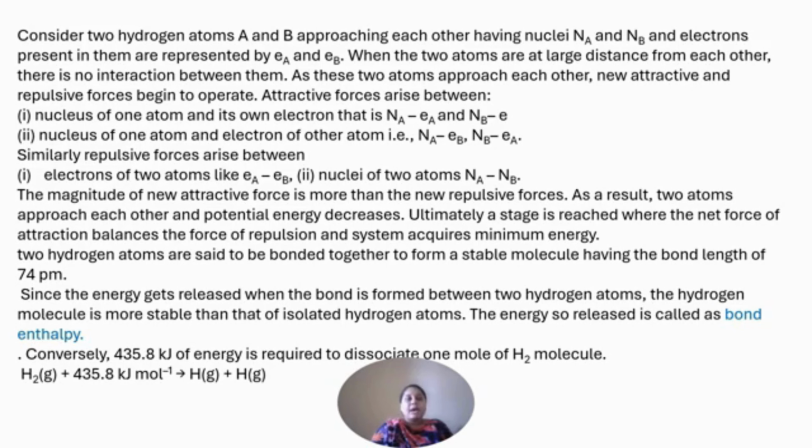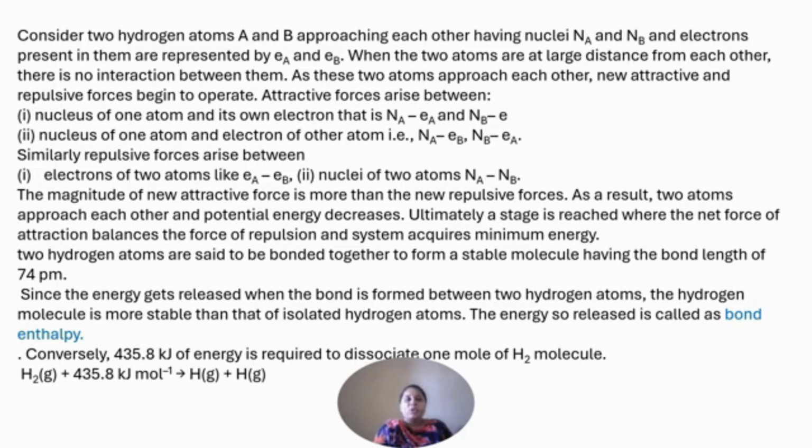So as a result, what happens? The two atoms come closer. They attract each other and the potential energy gradually decreases. At a state where the net force of attraction balances the force of repulsion, the system acquires the minimum energy. The two hydrogen atoms are said to be bonded together and form a stable molecule having a bond length